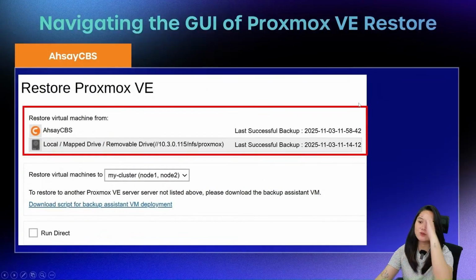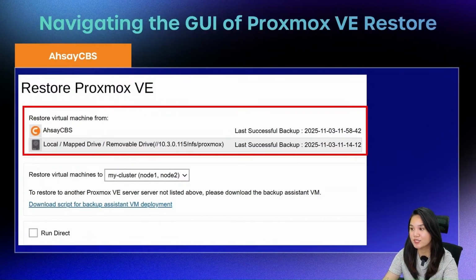So moving on to the Restore GUI. First, you'll be able to select which destination to restore your VM from alongside the updated detail on when each destination was last backed up successfully. You may also select which server to restore your VM to. All Proxmox VE servers you're connected to will be listed on this drop-down